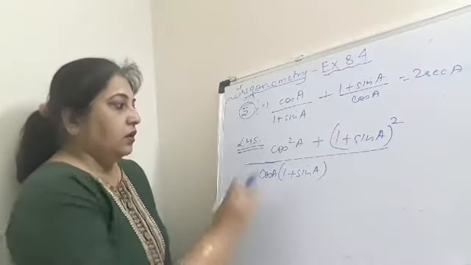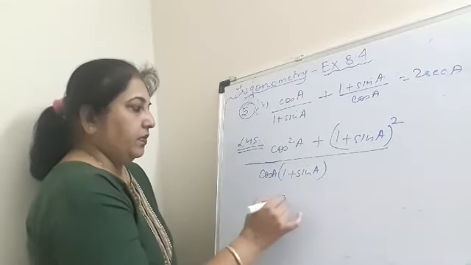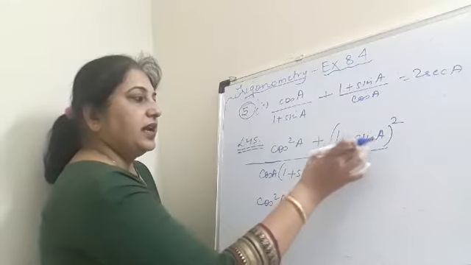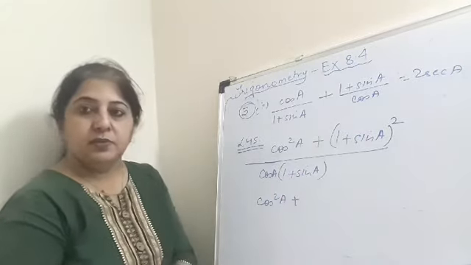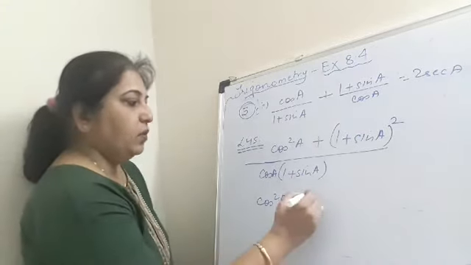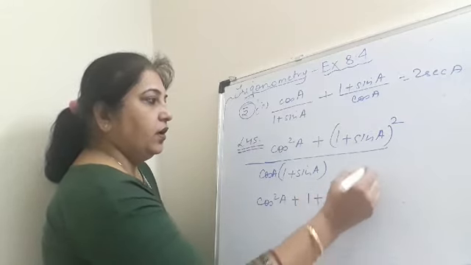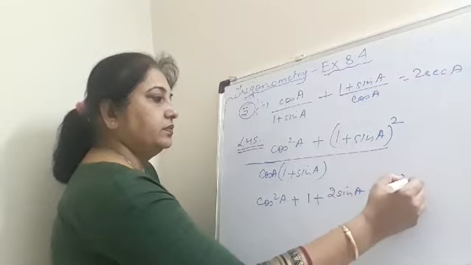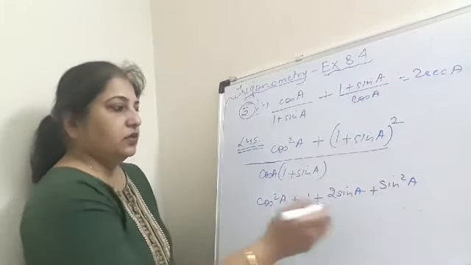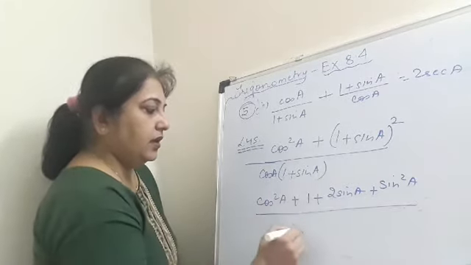So cos square A plus, I will solve this identity. This identity is A plus B the whole square, and that will give me 1 plus 2 sin A plus sin square A. So this is the identity, upon